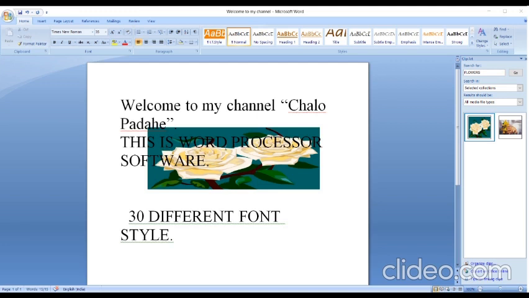Even if you want to create a template from an existing template, you can go to File, New, then New from Existing. If there are already existing templates, you can click there and open that template. You can create a new one also, which you can use later. In this way you can create your own templates also.